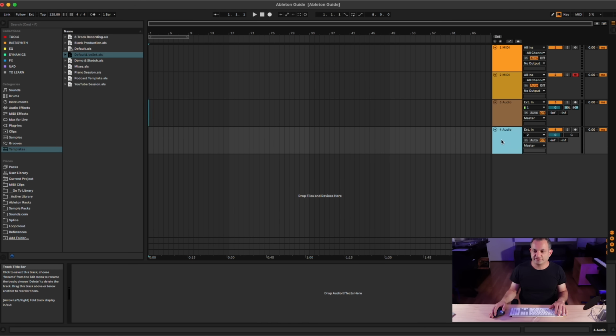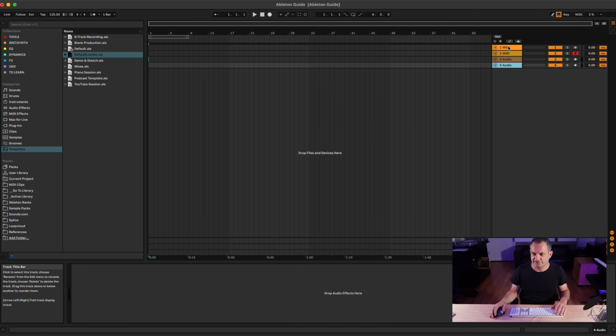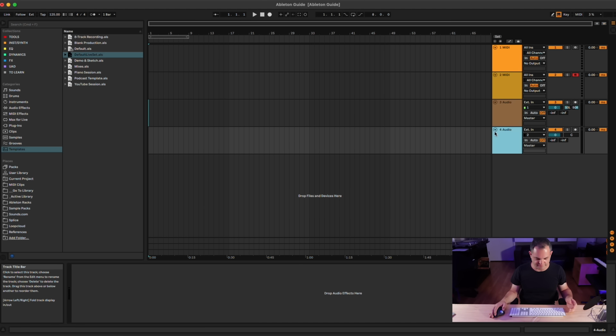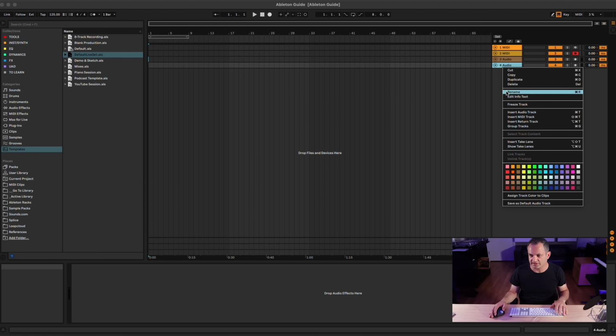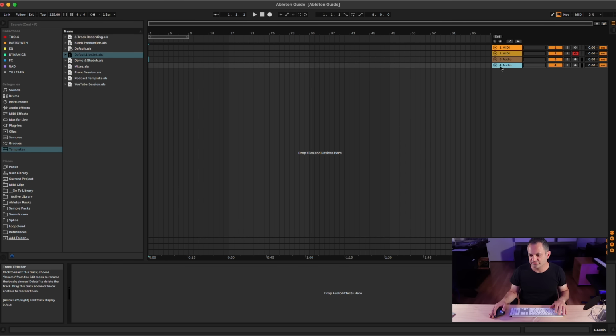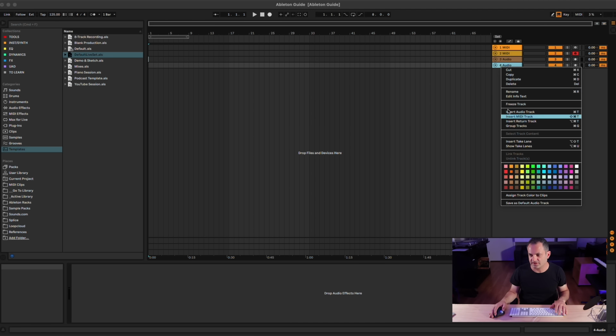Okay, as you start to develop a lot of tracks in your session, you're going to want to start trying to organize and color code. One of the things you can do is what I just did right there: I held Option or Alt and just hit the arrow, so it closed all of these into a collapsed view. I can change the names of these by hitting Command R or just right-clicking and renaming. And as you can see, if I right-click on these tracks, I get quite a lot of options from cut, copy, duplicate, delete,